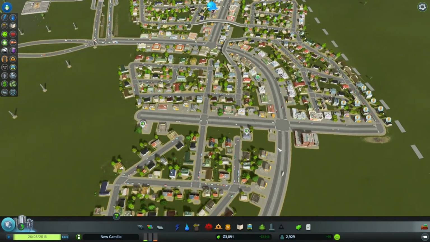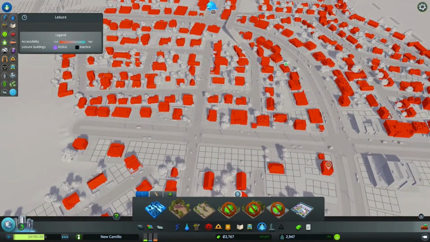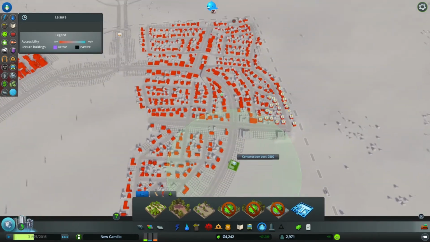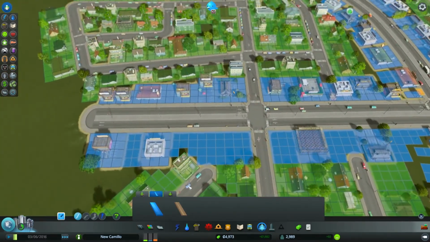We have access to parks now, which we can do stuff with. In fact, while we've got not a high demand... I only noticed this just recently. I have access to a Japanese garden, which is really pretty. But anyway, we're going to do, while stuff is building,